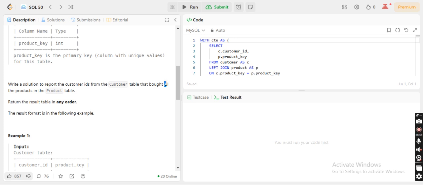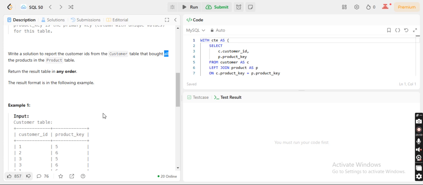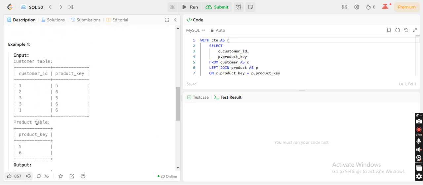The trick is just this three letter word, all. The concept of the question says that we need to extract the customers whose product key is in the product table and who have both the products.